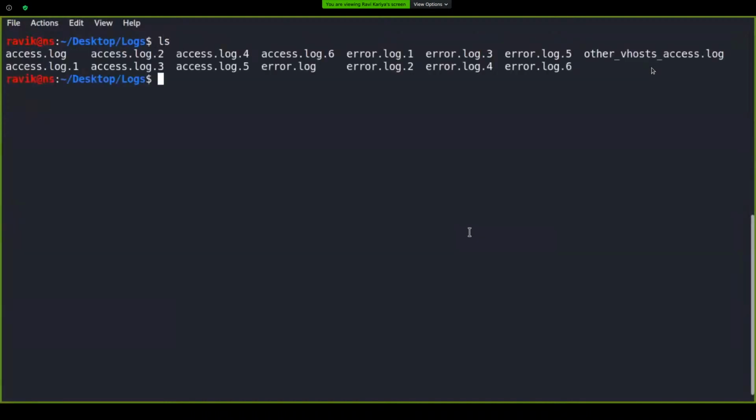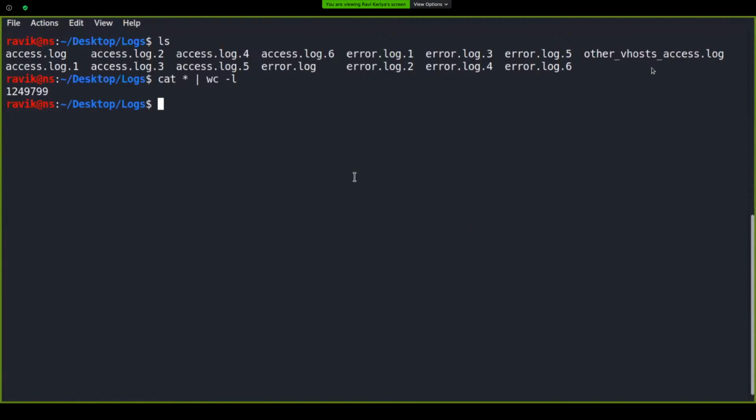So usually what happens, these are the log files, for example, which we have. They contain millions of lines of log data. If I check the number of lines for these files, this must contain approximately 1.25 million lines of logs.